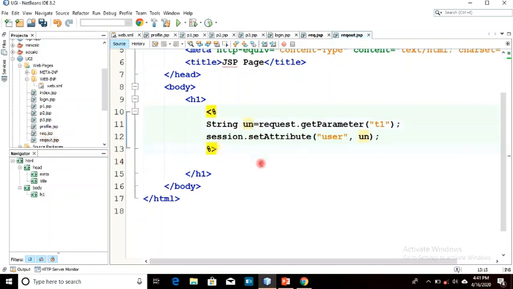Now next we have a new hyperlink. I have not written it inside the JSP code because this is the code of HTML. So create a hyperlink.